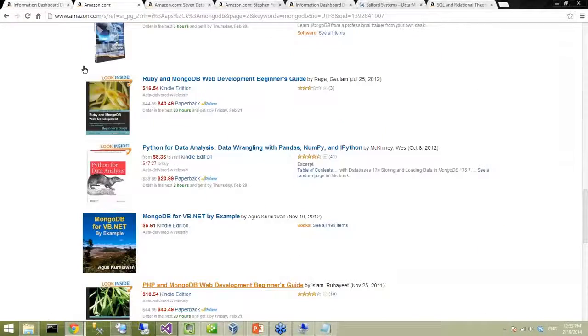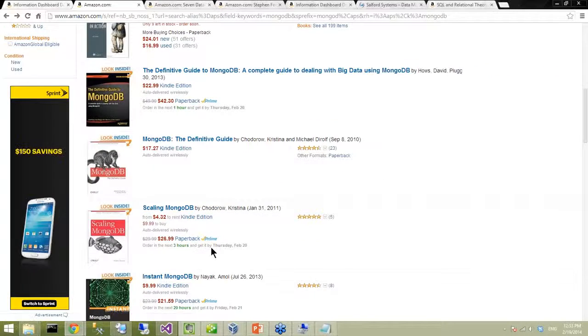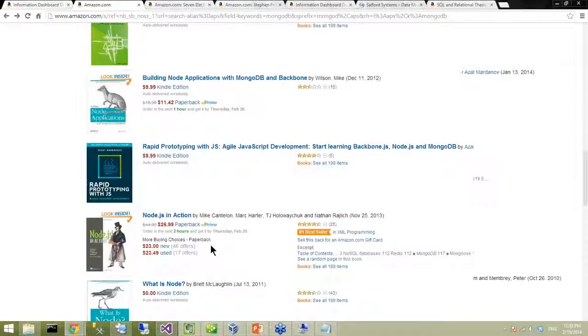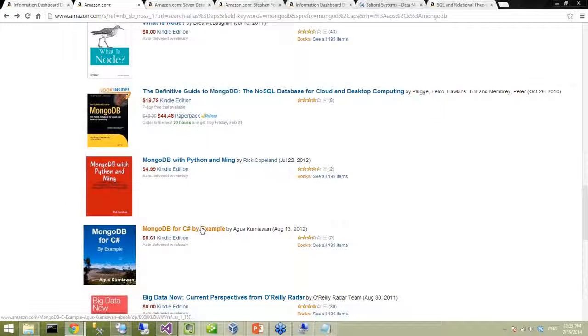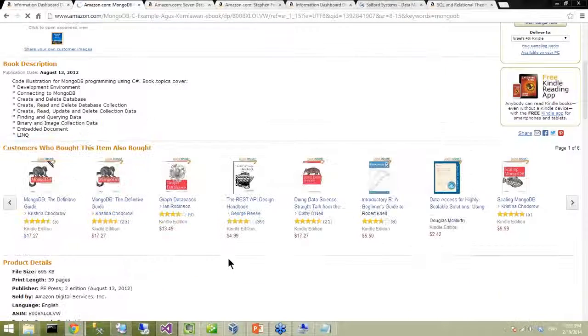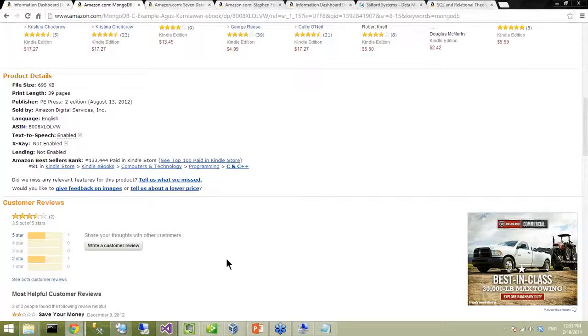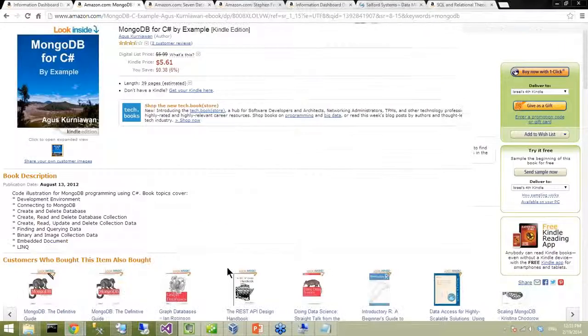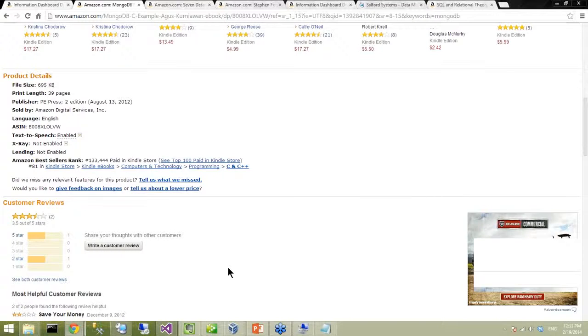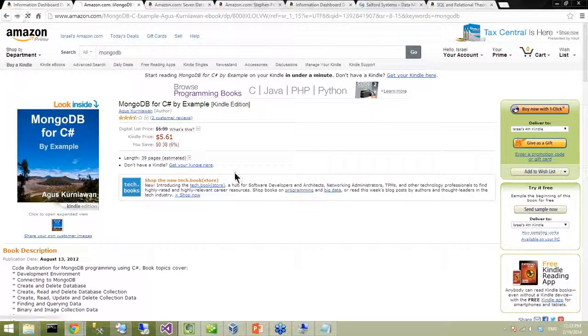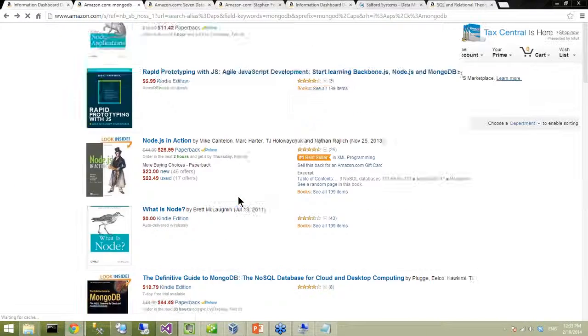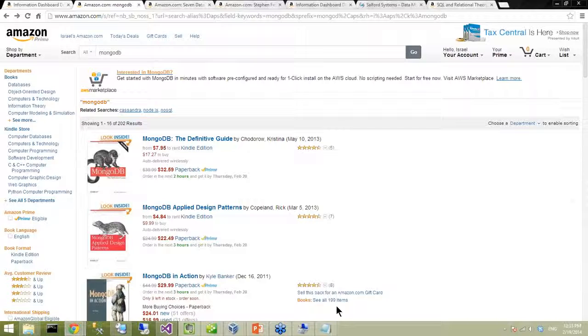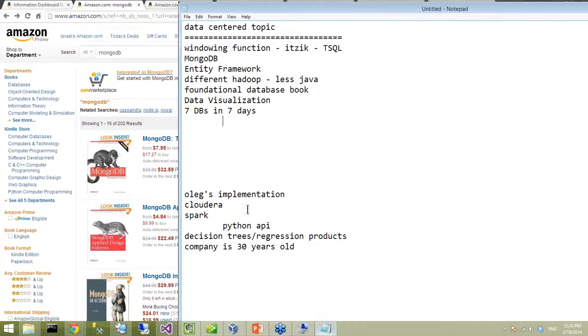Okay, so let's just look at this book, MongoDB for C# by Example. Although someone didn't like it. It's only, and how big? It's only 40 pages. Oh, that's terrible. Looks like it's probably just code or something. I think there are bigger books on this, but Mongo's going to have the same problem: do you get a definitive guide that's huge or an in-action guide that's smaller? But I think we can put it down and then just talk to Kennedy and see what he says. I think he would have the right answer. Okay.